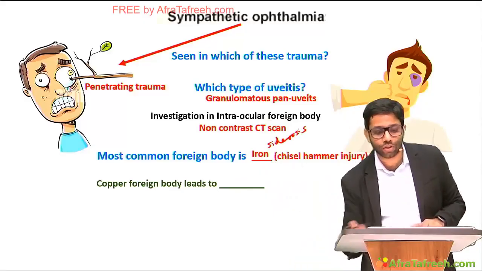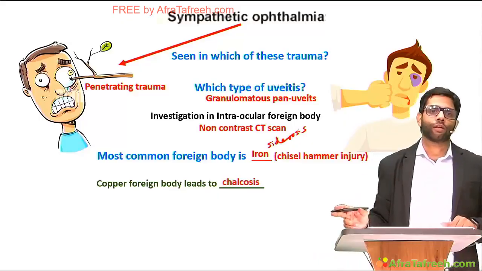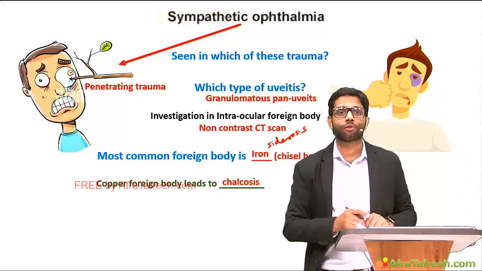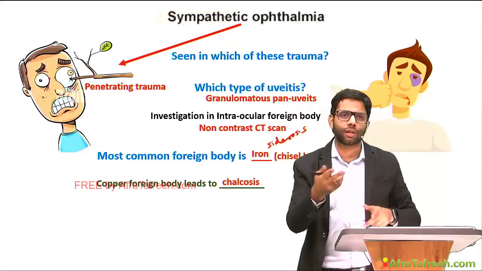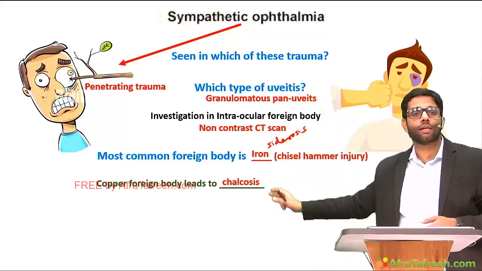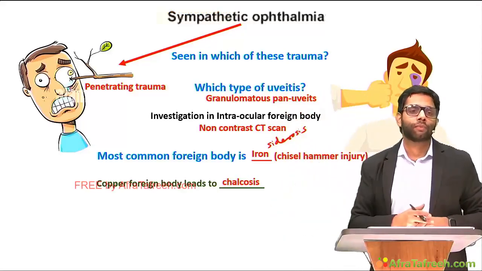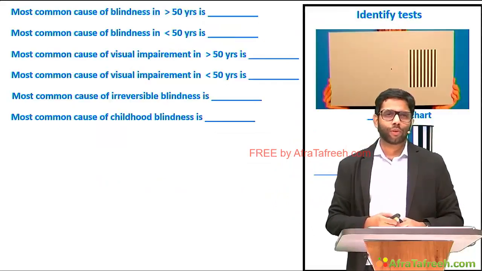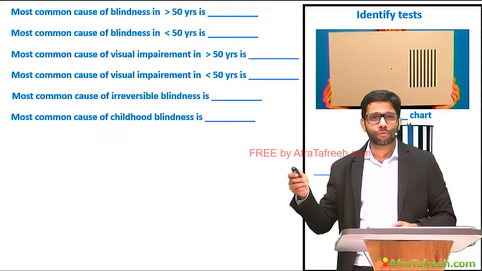Because when you call chalcosis, it is a copper foreign body. Which cataract? Sunflower cataract. Case of stress ring in the cornea, which I am not taking. Chalcosis, Wilson's, both can have case of stress ring. Now some PSM questions. Most common cause of blindness in more than 50 years of age is nothing but senile